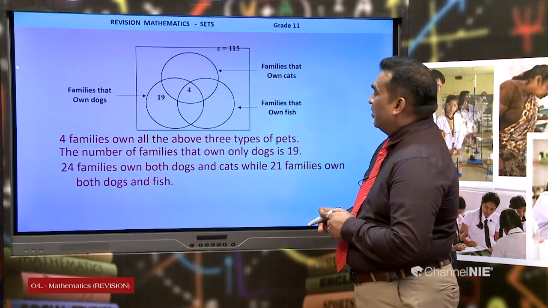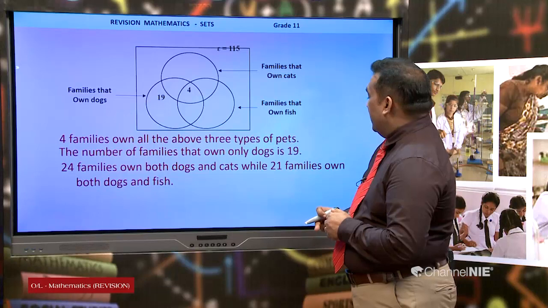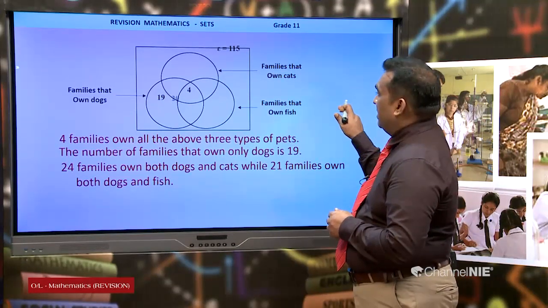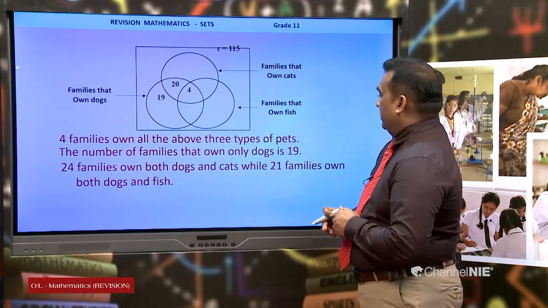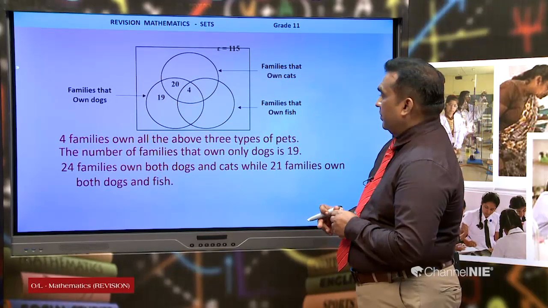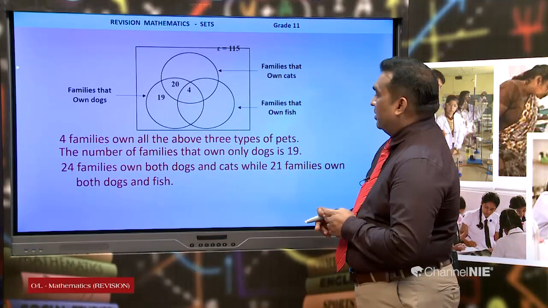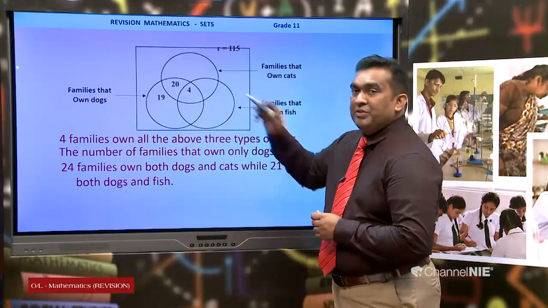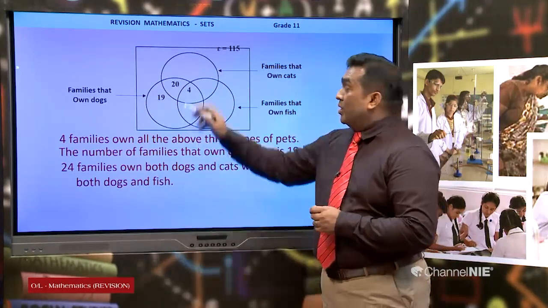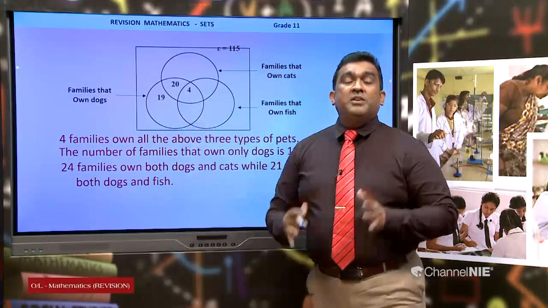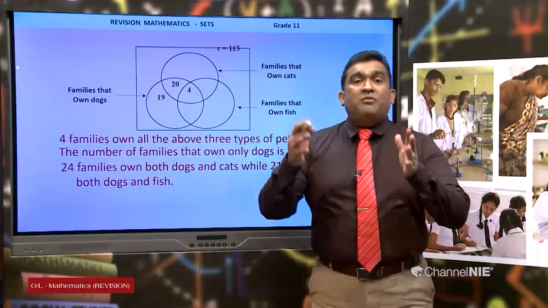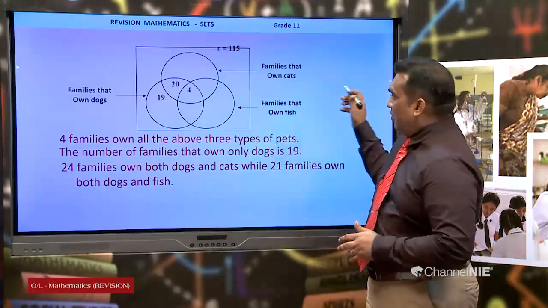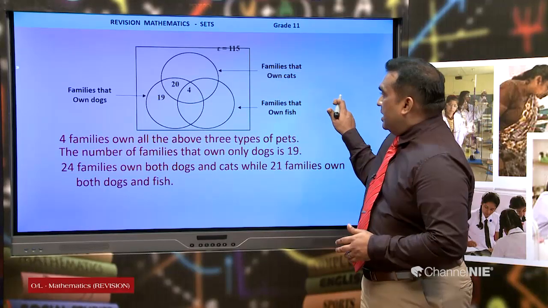24 families own both dogs and cats, while 21 families own both dogs and fish. We will see. 20. 4 families own both dogs and cats. Here you have 4, no? To get 24, 20 plus 4, 24. Sum of 2 regions is there, 24. Right, now